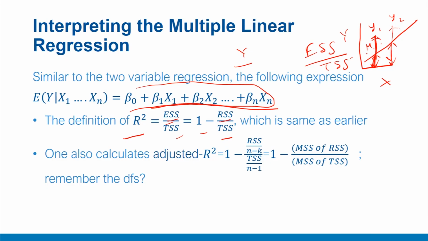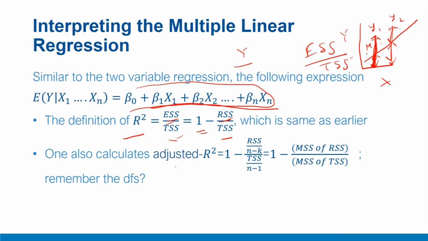So here, explained sum of squares, that means these sum of squares, divided by total sum of squares, which are these total terms, is the ratio of the explained part. This can also be computed as 1 minus residual sum of squares upon total sum of squares, where the sum of squares of these distances is called residuals. This remains the same whether we are talking about bivariate regression or multivariate regression, as we are seeing here.